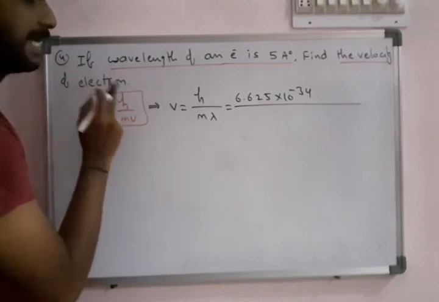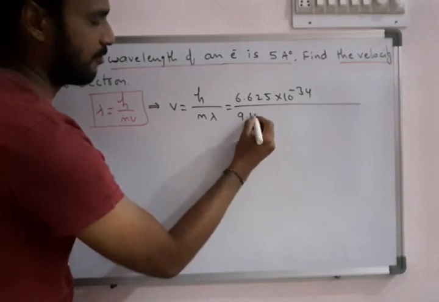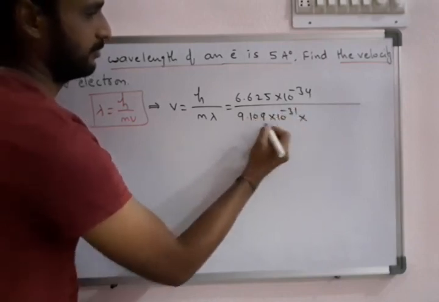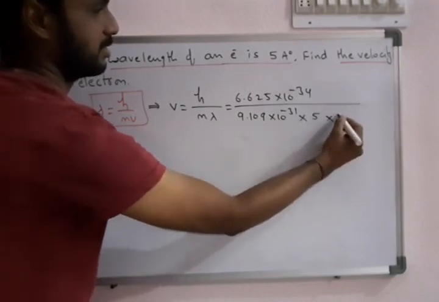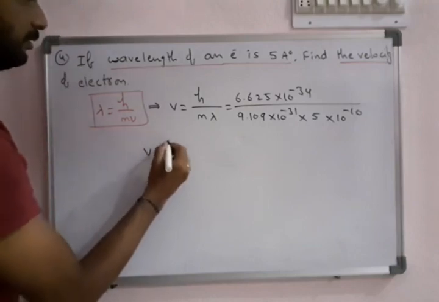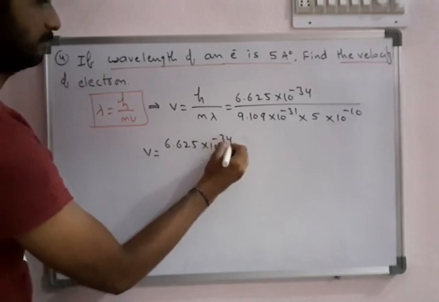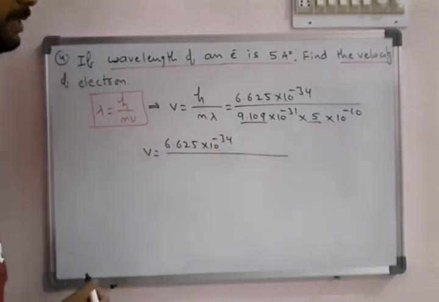Given the particle is an electron, we must know the mass of the electron in kgs. Lambda is again 5 angstroms, so it must be in meters. So by multiplying this we will get approximately